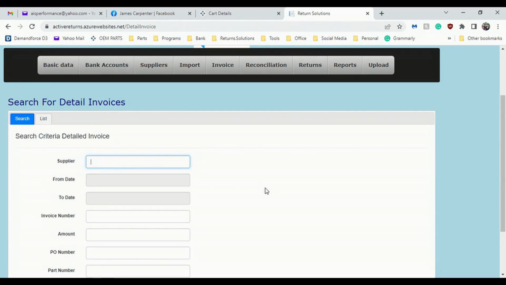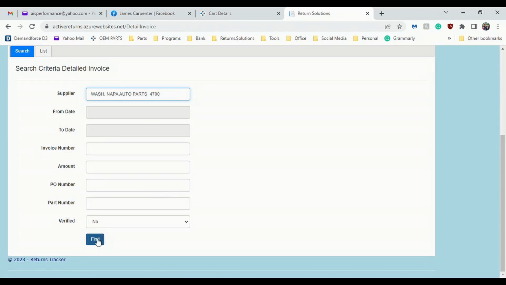So what you would do is type the supplier into the search bar, and then from the drop down, select that supplier. So basically right now we're searching by supplier name only. So we go down here and we hit find,